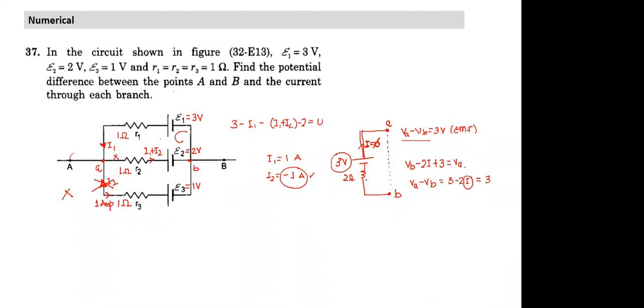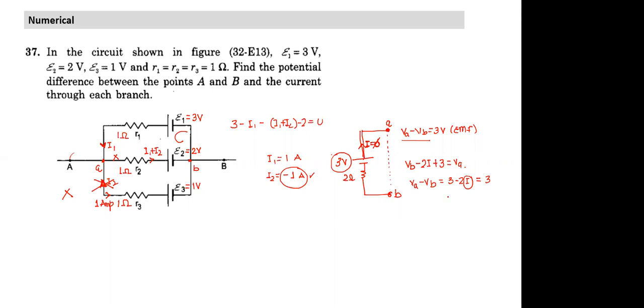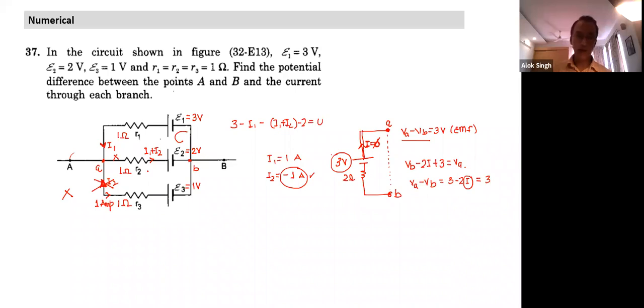So what happens in the battery? Each battery has a certain EMF. But if it is connected to 2 points, those 2 points also have the same potential difference as the EMF of the battery, with the positive side being higher, and the current through the battery becomes 0. Are you understanding this point here? Ahlad, have you got this point or not? This point I got, sir, but I didn't understand why I took the current as not going through A and it passed through the second.